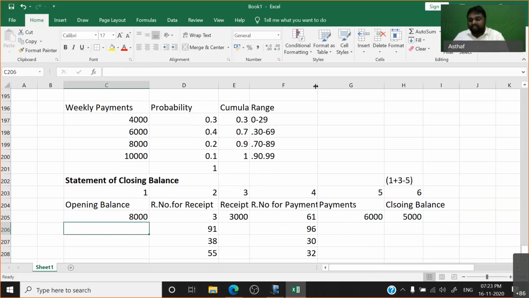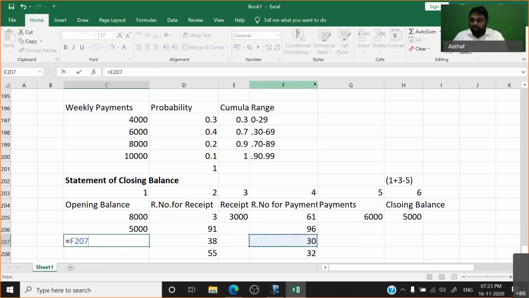So what is your closing? That will be the next week's opening. Yes or no? So what will be the opening? We have